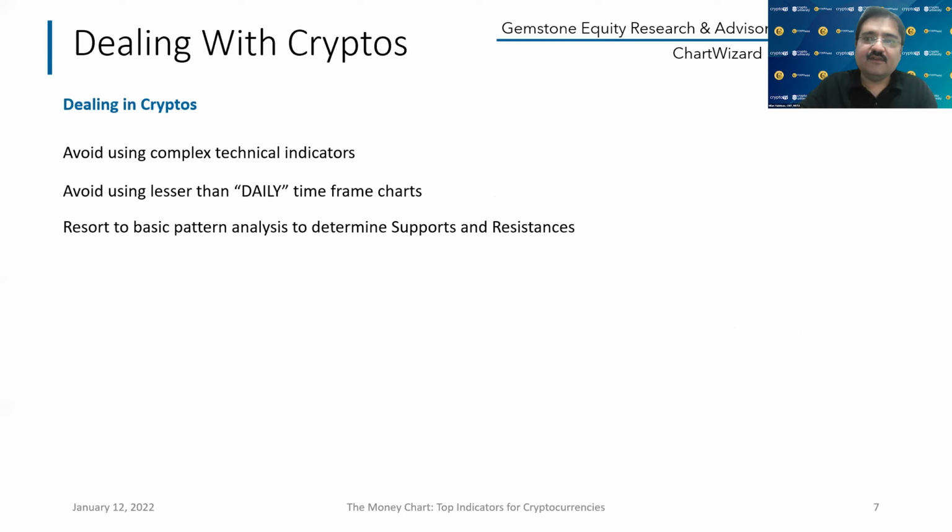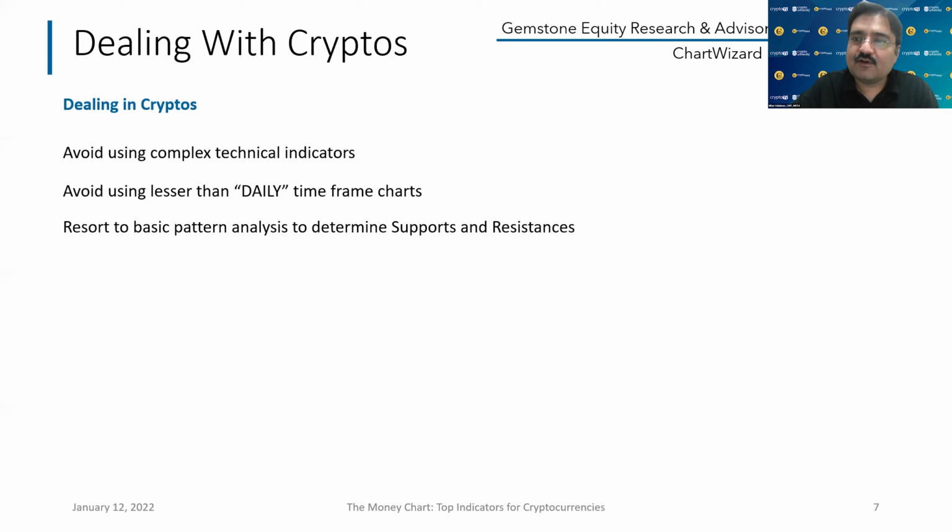So I'll first deal with the second half. If you are from that segment who would like to buy a coin or buy a crypto, whether in fraction or in full, and do not wish to trade but store it in your wallet with an expectation of future appreciation in the prices, then there are basic things that we need to take care of. I would advise these people to avoid using complex technical indicators. There is no need to adopt a very complex mechanism when it just comes to basic, I'll not call it investment, but basic storing of the cryptos. And one should also not look at the shorter time frames.